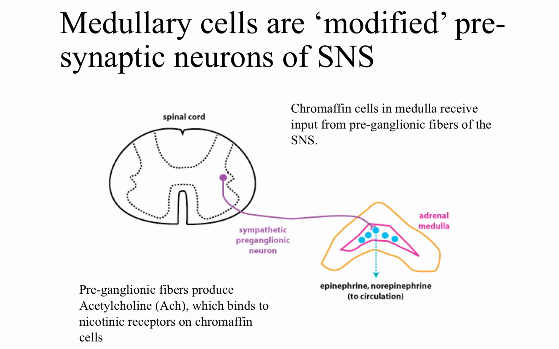When we look at the cells of the medulla, they are part of an interesting deviation from normal physiology in the sympathetic nervous system. So if you remember, the sympathetic, your fight or flight, involves typically a two neuron chain pathway. The place where they meet up, remember, is called the ganglion. So we have a preganglionic and a postganglionic neuron. And the preganglionic neuron releases acetylcholine, which would bind to nicotinic type receptors